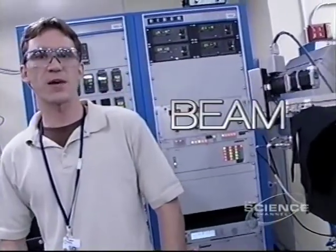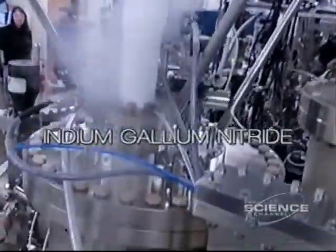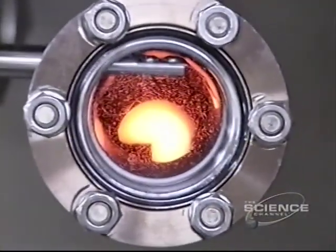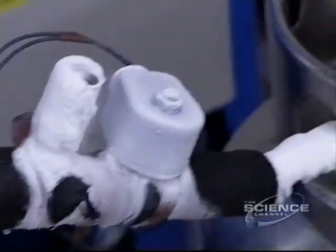MBE is molecular beam epitaxy, or mighty big evaporator. What we're trying to do is to actually grow compositions of indium gallium nitride, which is a semiconductor, a compound semiconductor, that's relatively new. It's only been grown for the past 10 or 15 years. And what it'll let us do is actually build devices which can efficiently collect power from sunlight across the entire